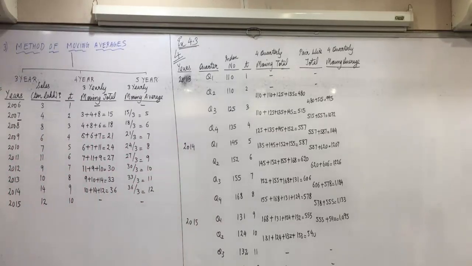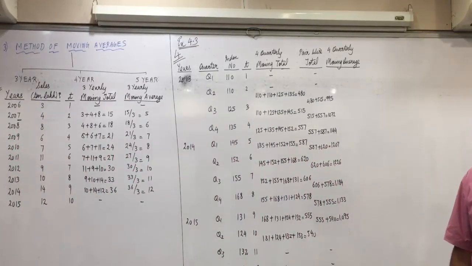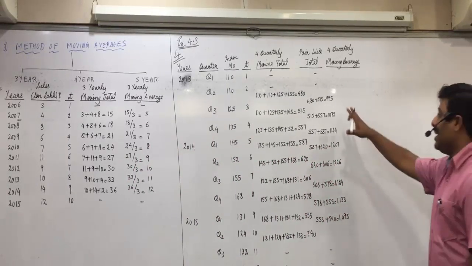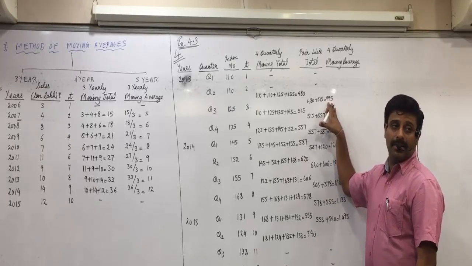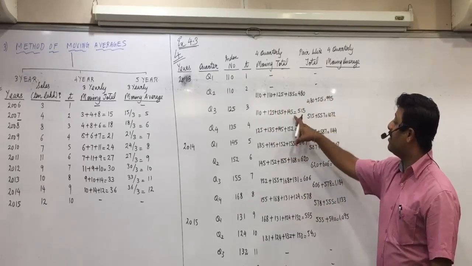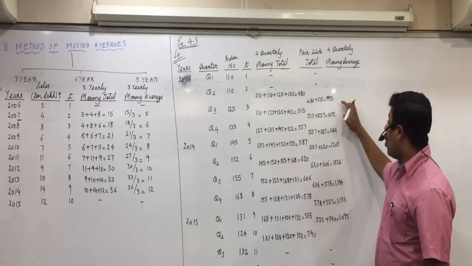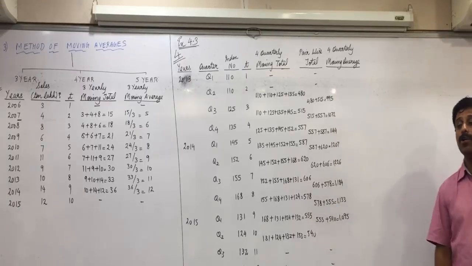Yes. And why is it done? Who all are still writing? So first you have to do every four figures total, then again every two. Now tell me, 995 is the total of how many figures? 8. 995 is the total of 8 figures, because 480 is already a total of 4 figures, and 515 is already a total of 4 figures. So all will be divided by 8 instead of 4.